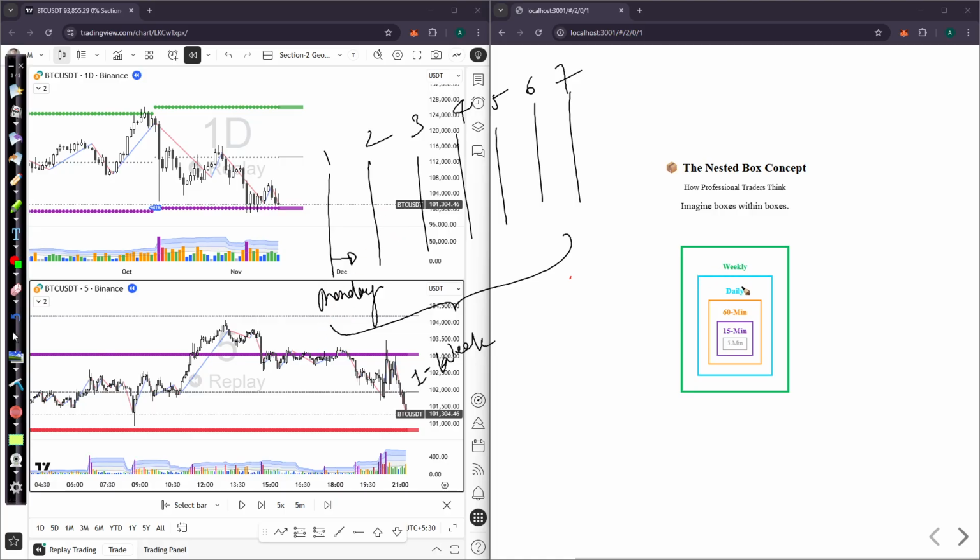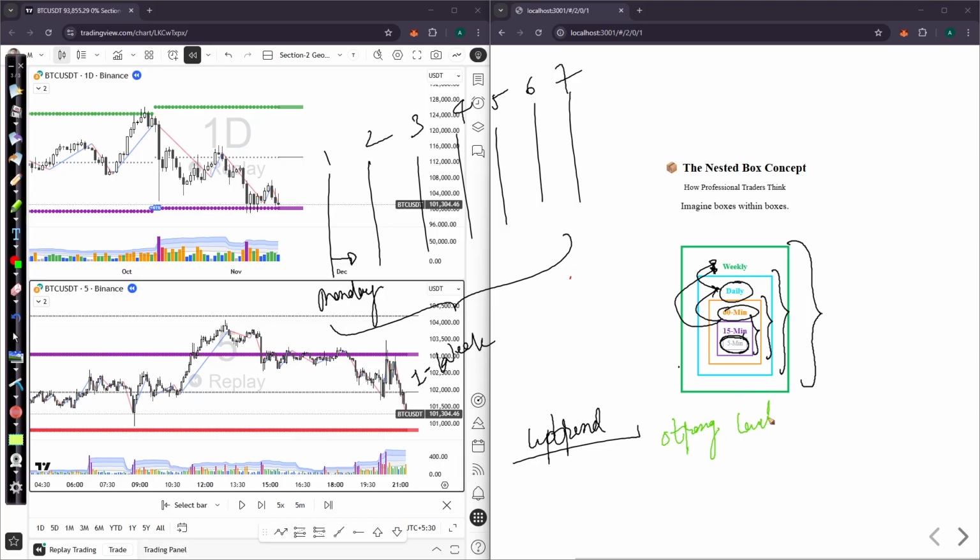Okay. So day contains within the weekly, 1 hour, 1 minute contains within the daily, and that in turn is weekly. So what I'm trying to say is that if you want to trade 5 minutes time frame, you should have context of higher time frame. Okay. And so this is what the nested box tells us, that okay, if we are in uptrend in weekly, okay, that's the very strong uptrend, and